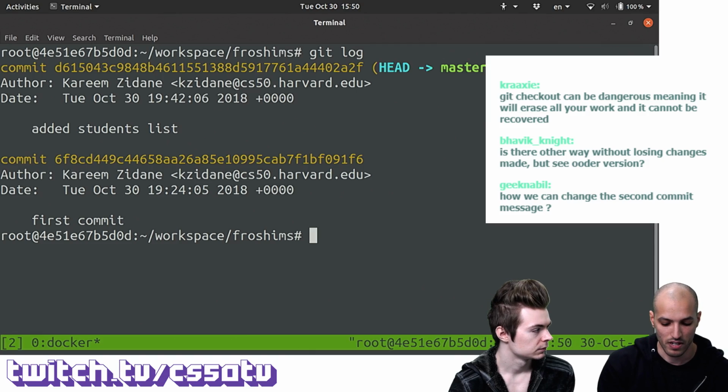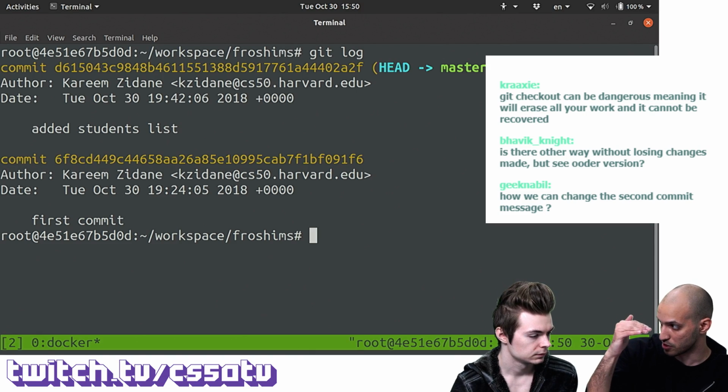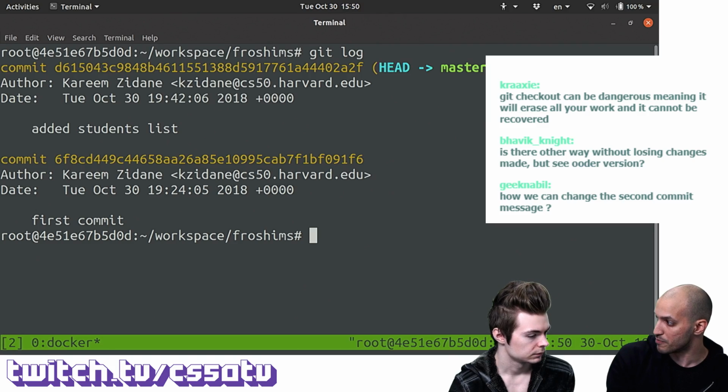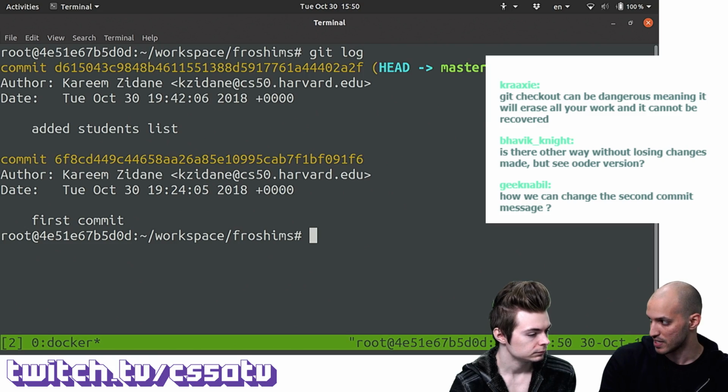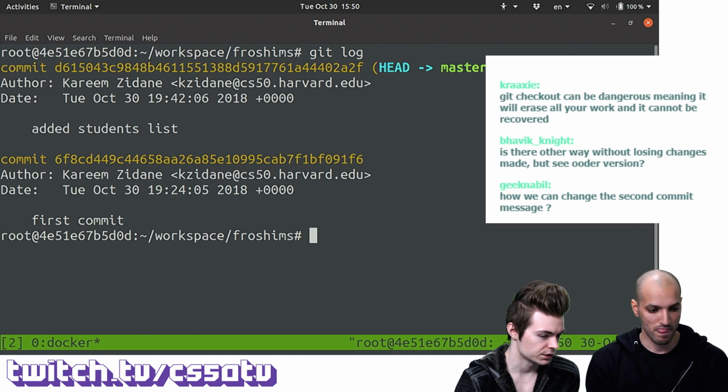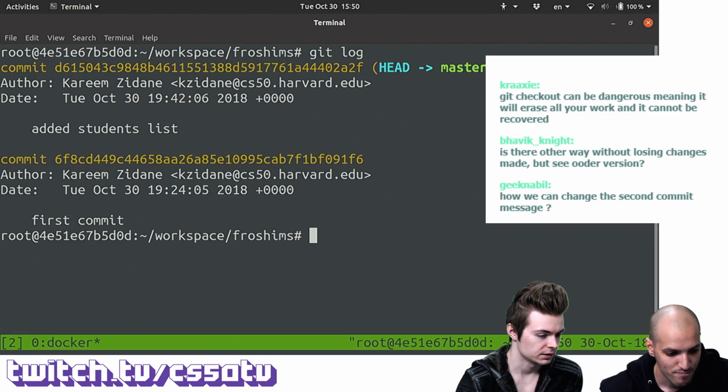Branches, on the other hand, are always pointing to the tip of the branch. So we have a branch called master, and the reference master is always pointing to the top commit in the branch master. Okay, that makes sense. We have a couple of questions there in the chat too.